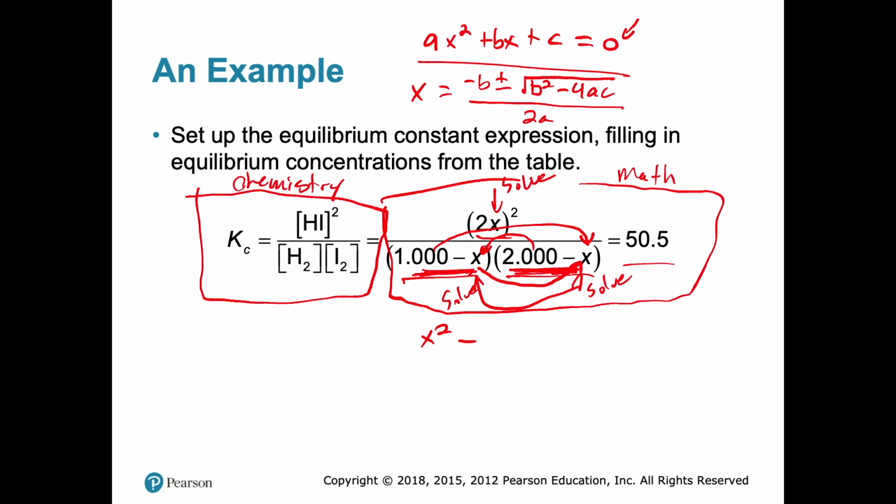So that's minus 1x minus 2x. Make sense so far? And then the last thing to do is the 1 times 2, which is going to be the plus 2. And then you still have it equal to,